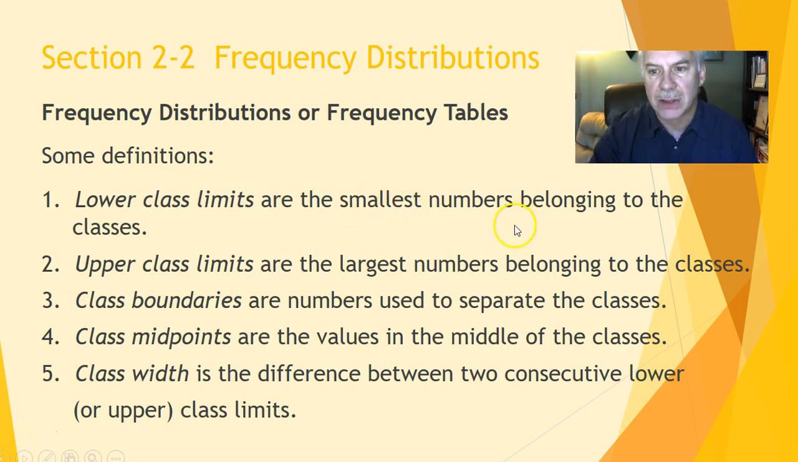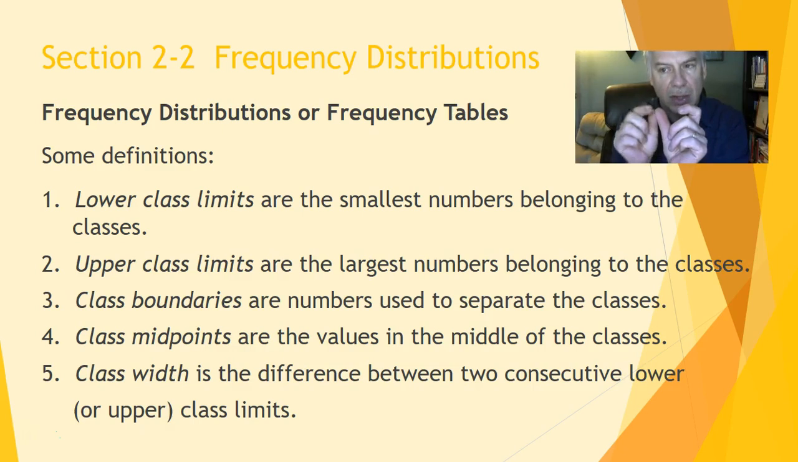They're the smallest numbers belonging to the classes. Now the classes are these intervals. So the lower class limit is the lower number at the beginning of the interval, and then the upper class limits are the largest numbers belonging to the classes. So they're the upper end of the interval. So you have a number at the lower end and a number at the upper end of each of those